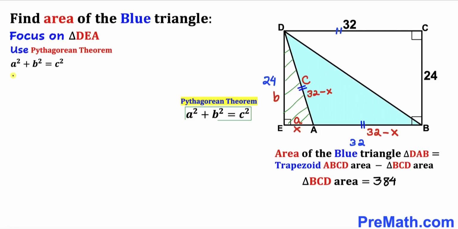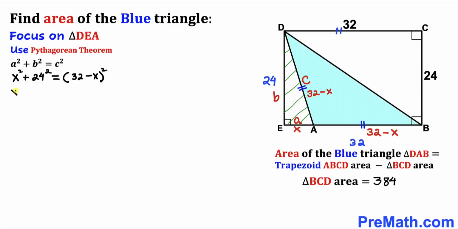A in our case is x squared, plus b in our case is 24. So that's going to become 24 squared equals c, which in our case is (32 minus x) whole squared. Let's go ahead and simplify. We got x squared plus